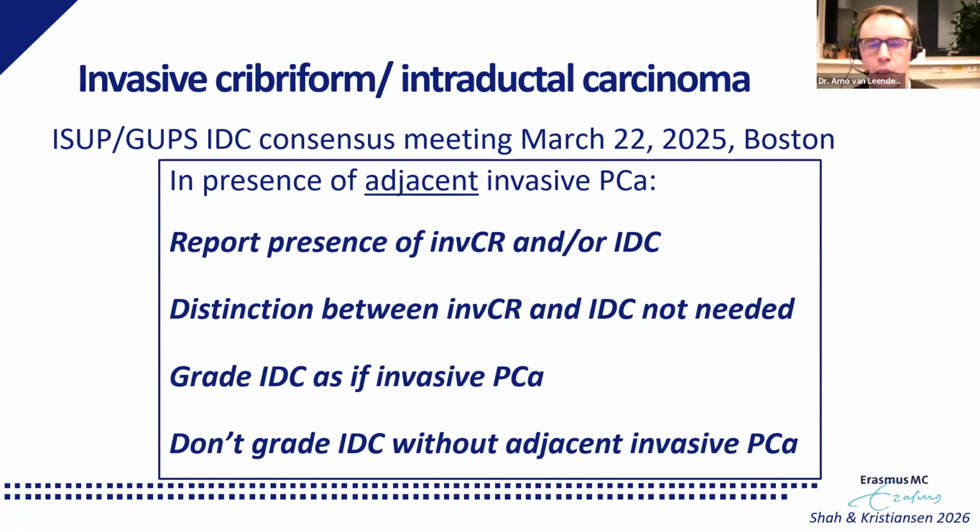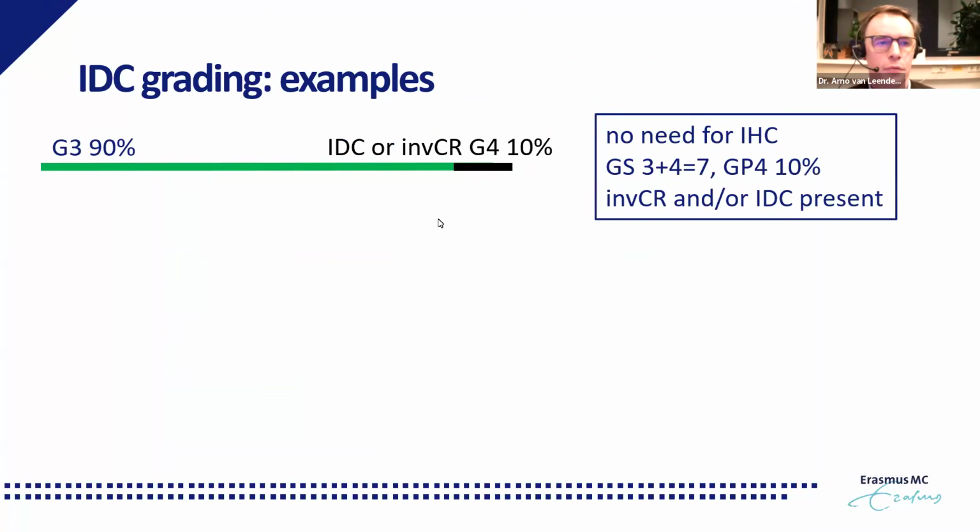So if you see cribriform area next to invasive prostate cancer, just consider it and grade it as if it were malignant. So just a few examples. This is the example I showed you before: 90% pattern 3, 10% cribriform pattern, and you do not know IDC or invasive cribriform. We do not need to do immunohistochemistry. Just grade it as if it were 3 + 4 = 7, 10% pattern 4, and mention that invasive cribriform and/or IDC